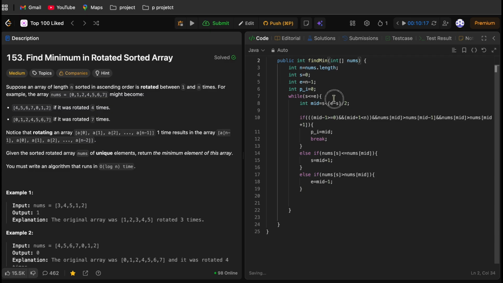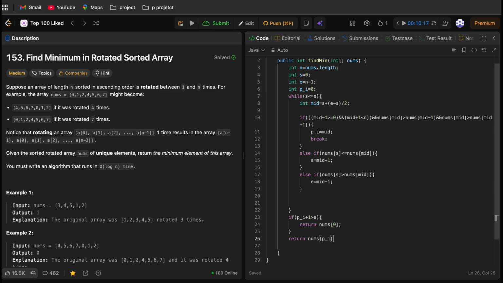Now after this while loop, our pivot index should be initialized, and as I have discussed with you, if our pivot index plus 1 is greater than our end, then we will return nums of 0, otherwise we will return nums of